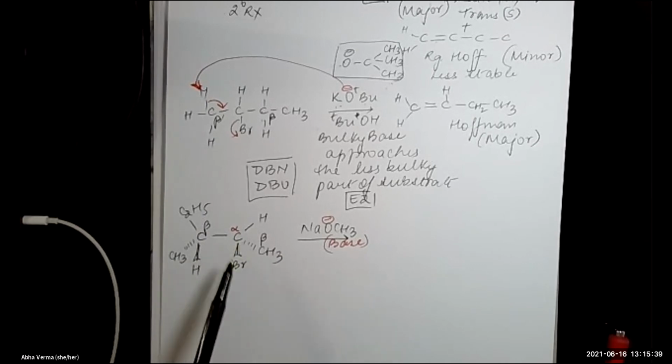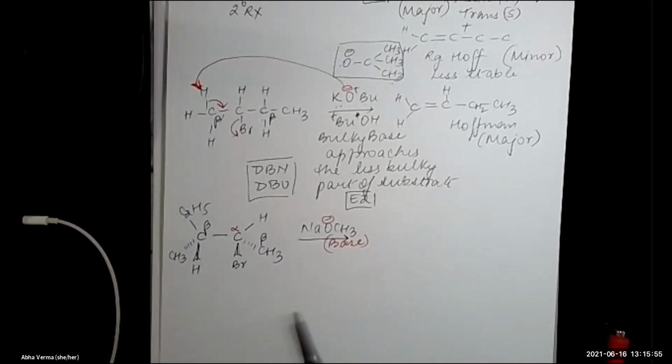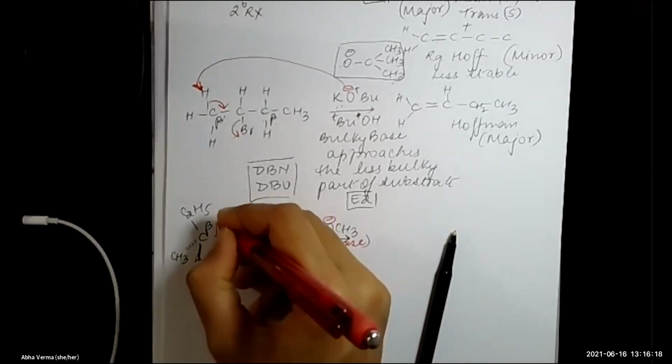But what are the conditions for E2? For E2, I need a strong base. Remember, I need a strong base. And I need a hydrogen which is anti to my leaving group. Looking at the structure, both the hydrogens and the bromine, are they anti or are they syn? Syn. Very good. In this position or in this sequence, the hydrogen is in the same direction as bromine. Before you think about anything else, think about